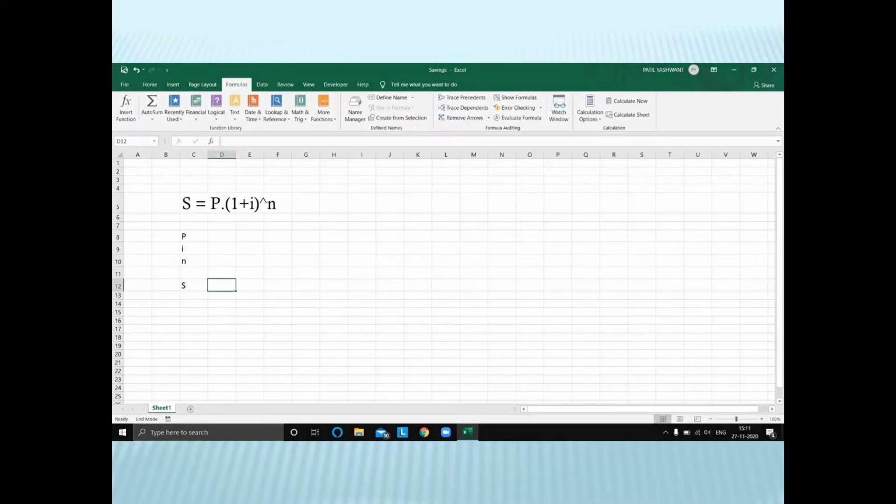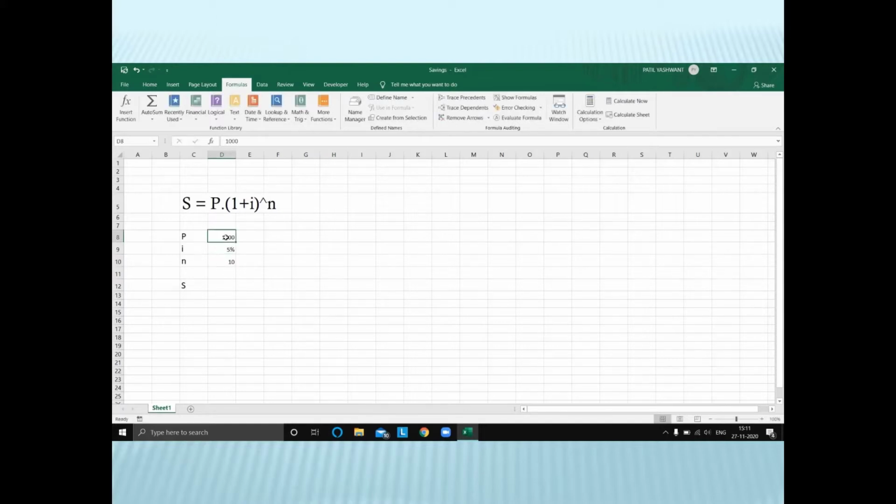Hello. In this class, I'm going to explain to you how to name cells and cell ranges, which is a best practice in Excel. So let us take an example. Here we have to find a simple interest where P is the principal amount, I is the interest and N is number of years. Let's take amount P as 1000. I let's say as 5% interest rate and N let's say as 10 years. So these are the constant values.